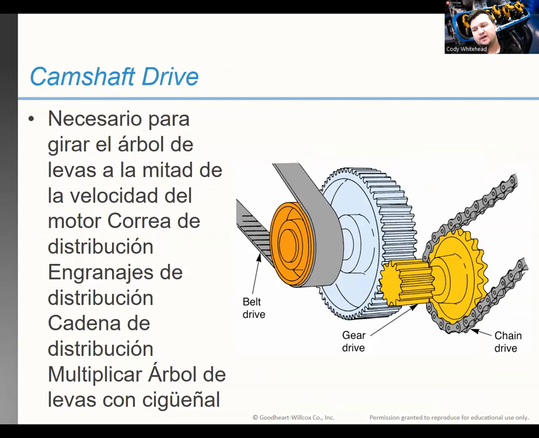Right, crankshaft drive. Or camshaft drive, I mean. It's needed to turn the camshaft at 1/2 the engine speed. So for every RPM, the camshaft is going to turn only half. The engine has to go through 2 RPMs for the camshaft to turn 1. The reason being is the